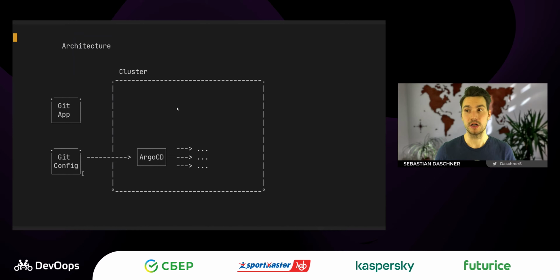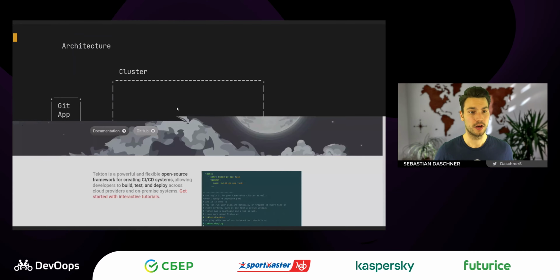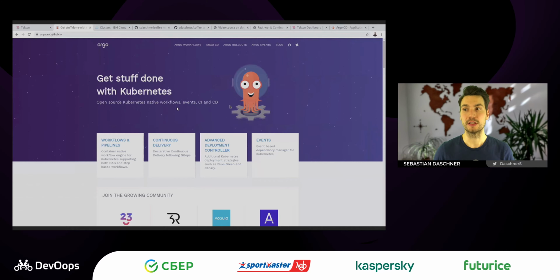So we store the configuration for the environment in version control as well. And then what Argo basically does, it's called declarative CI/CD. It does nothing else than just listening to some state, for example, in a repository, and applying that state. So what we do with this approach with Tekton and Argo is to have a very flexible, loosely coupled technology,